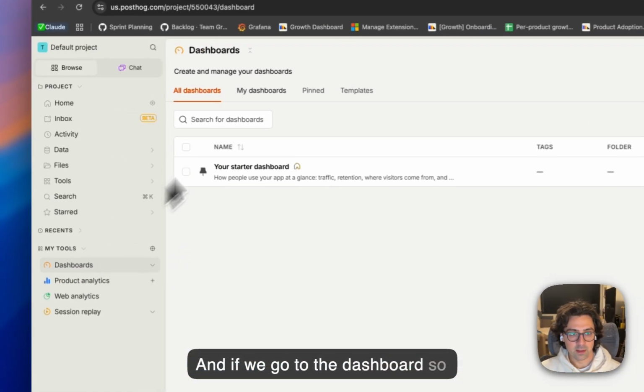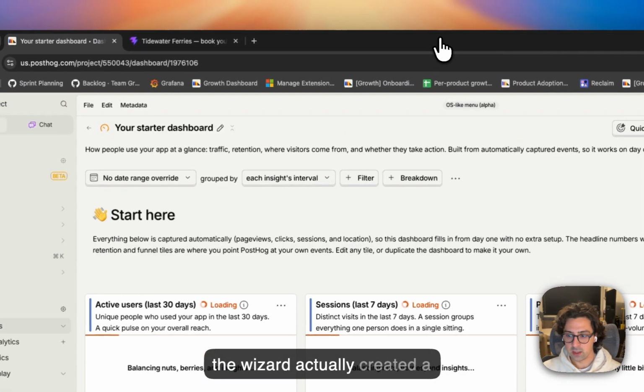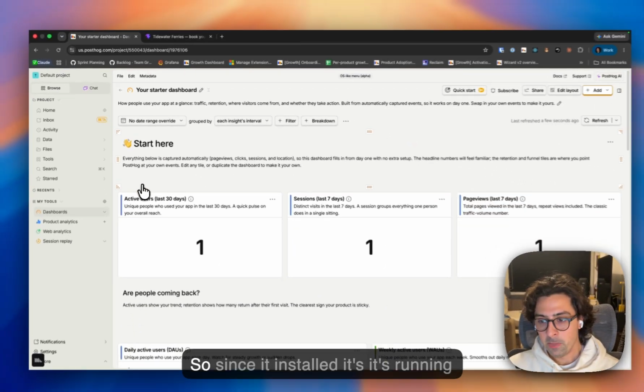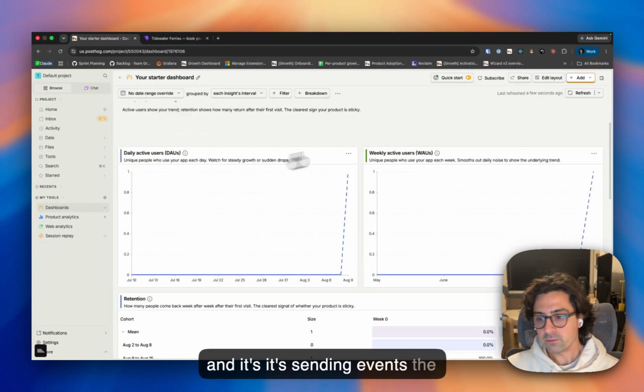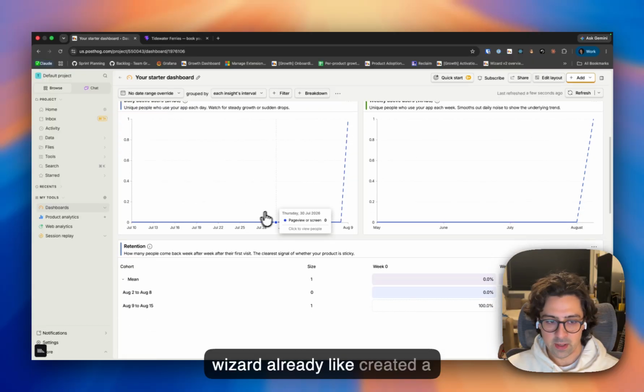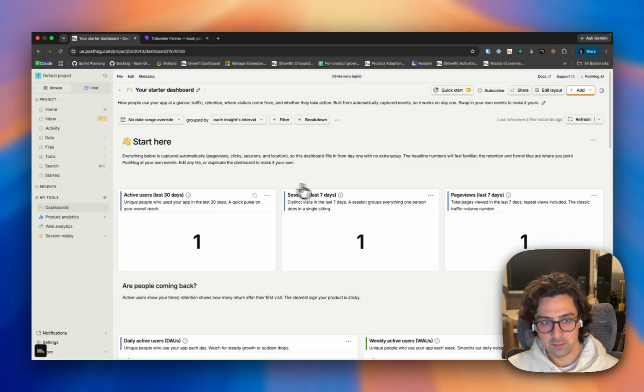And if you go to the dashboard, the wizard actually created a dashboard. So since it installed, it's running and it's sending events. The wizard already created a dashboard for us to understand